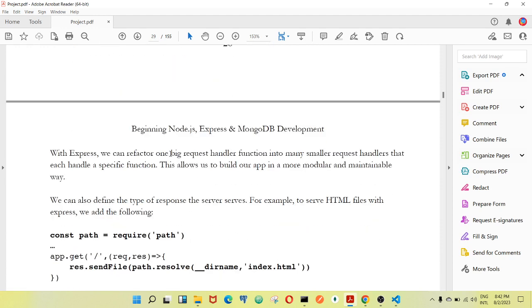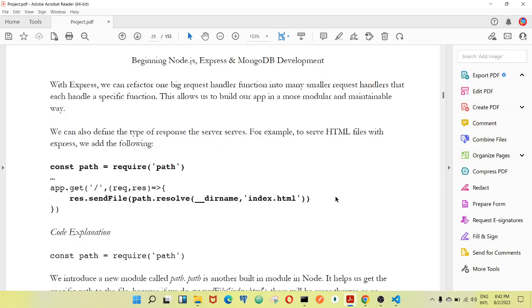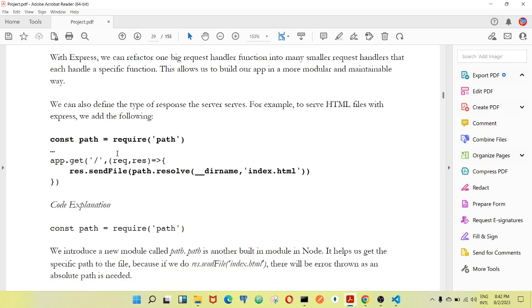With Express, we can refactor one big request handler function into many smaller request handlers that each handle a specific function. This allows us to build our app in a more modular and maintainable way. We also define the type of response the server serves. For example, to serve HTML files with Express, we add the following: const path,